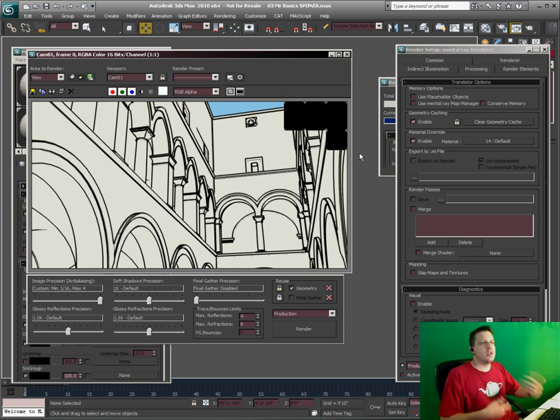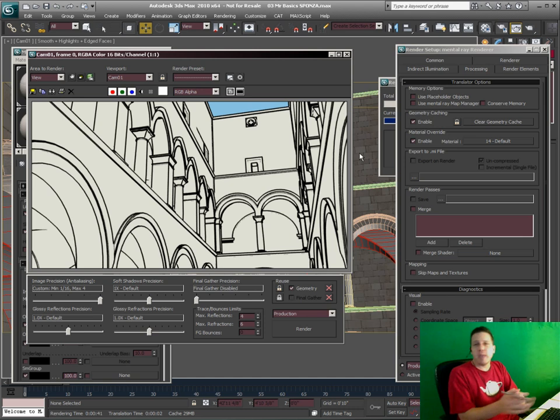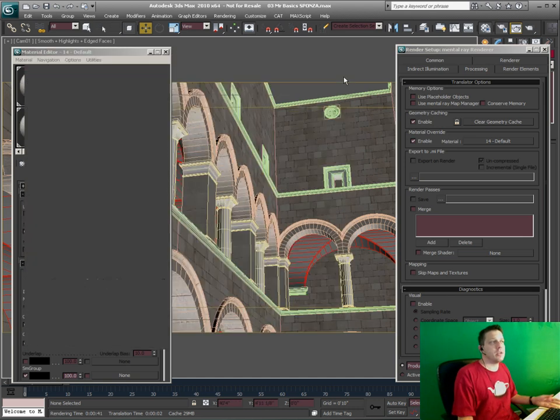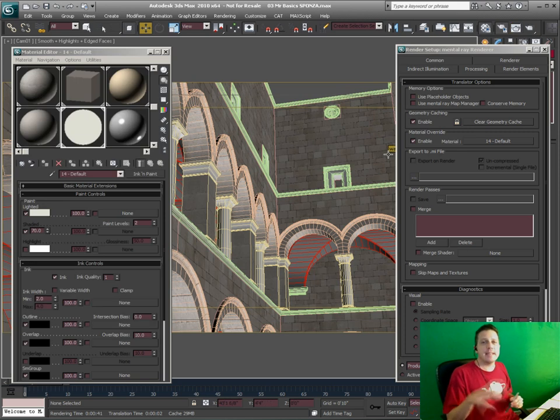when you want to go and do your realistic rendering. Now this is going to be useful for a lot of different things, and ink and paint is just one technique of using this. Most of the techniques that we're going to be doing in here can optionally take advantage of this material override. So again, anti-aliasing is going to be a very big one, very important for doing a lot of different tests,